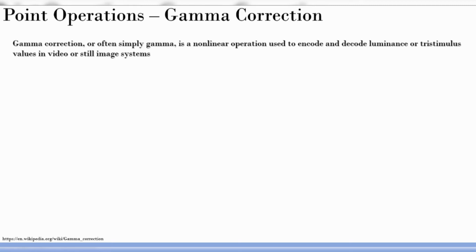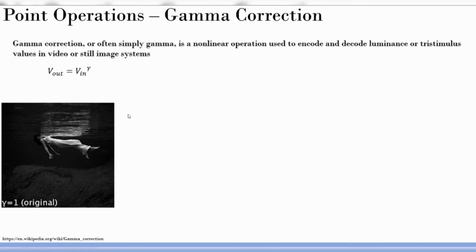And what is it? I've been blabbering a lot, but what exactly is it? Let's see. This is the formula, okay. You are going to take your input brightness or grayscale intensity value and raise it to the power of some gamma, and this will have a non-linear relationship. There is no doubt about it. So V out is a power of V in, okay. The question is whether it is a square or a square root, is it increasing or decreasing, and how is that relationship? For example, gamma equal to 1 means V out is equal to V in, no change, okay.